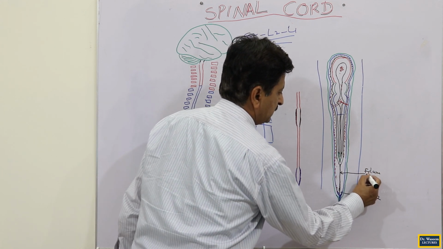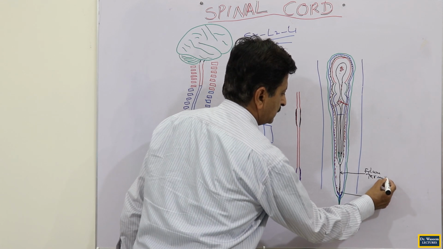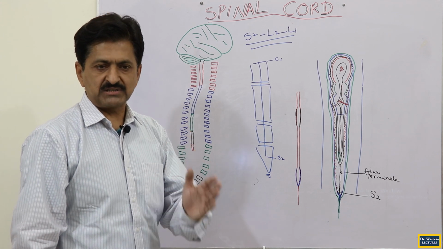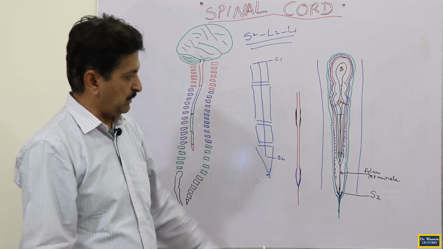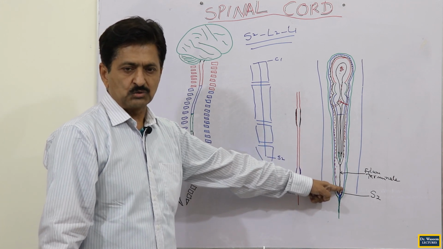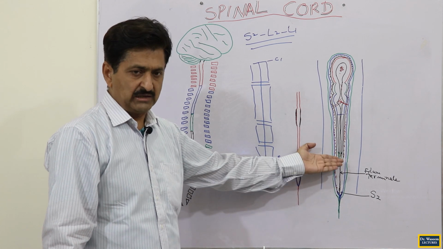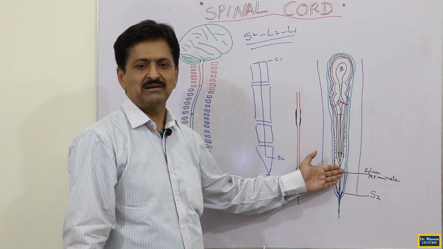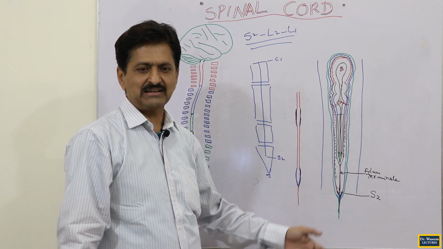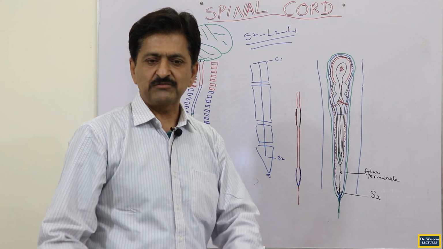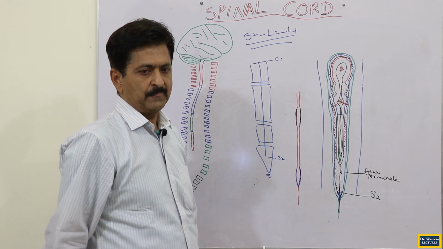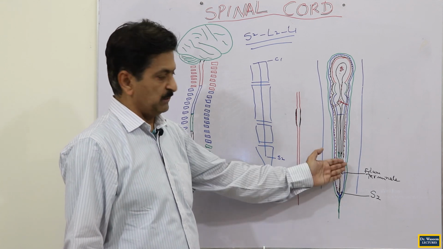So the filum terminale is a vertical pia mater extension from the terminal end of the spinal cord, through the vertebral canal in the lumbar vertebrae, then through the entire sacral canal, until it passes through the sacral hiatus and fuses with the posterior surface of the coccyx, giving stability to the spinal cord. This is called the filum terminale.